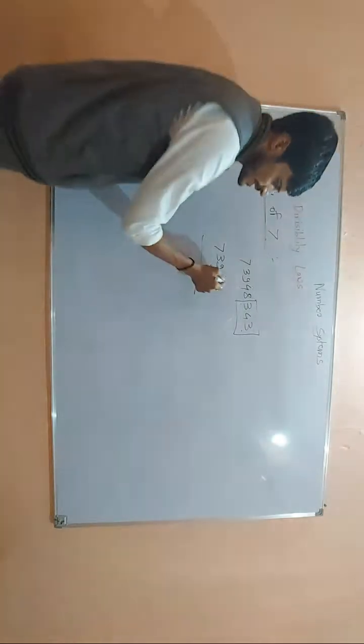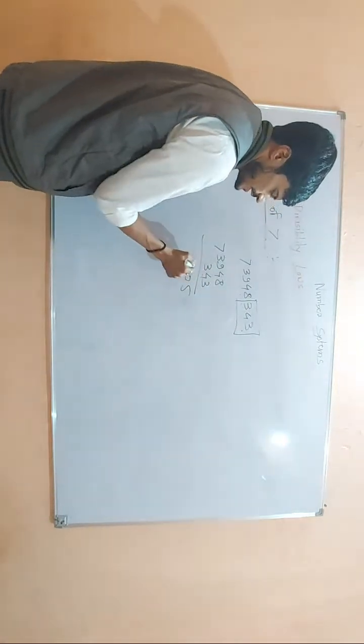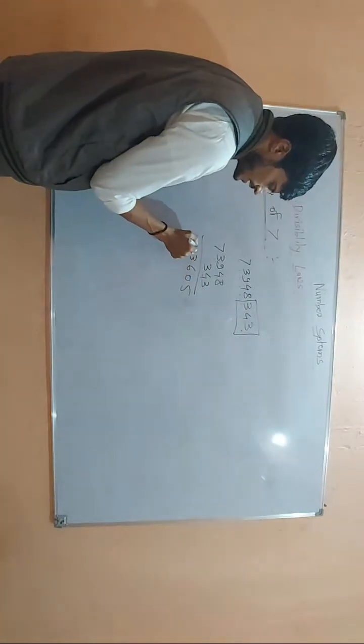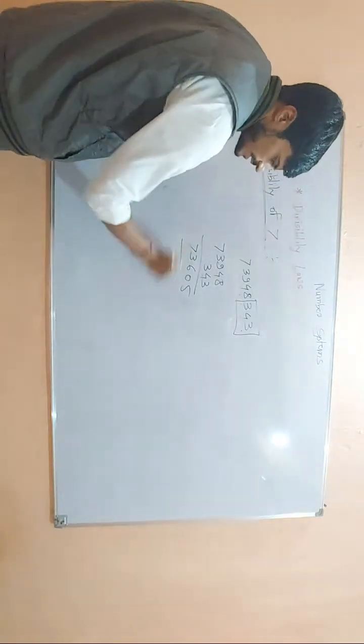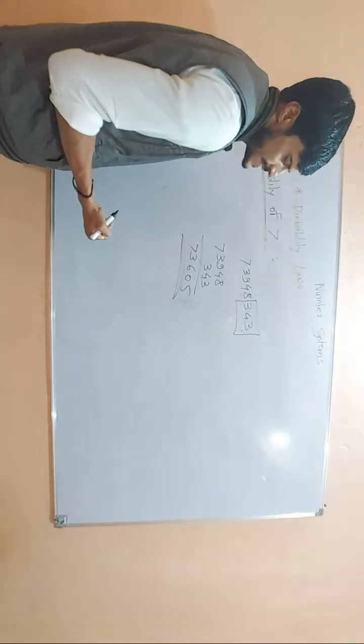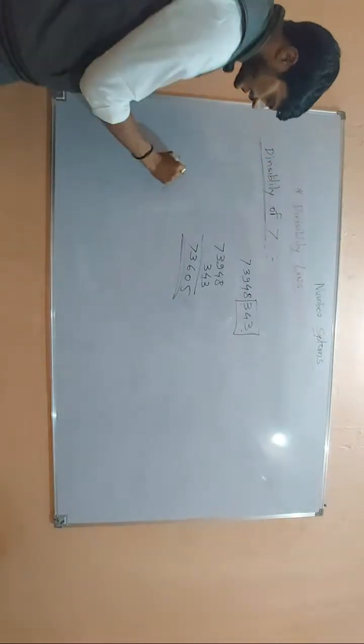So what will be the result here? 5, 0, here will be 6, here will be 3, here will be 7. Fine. Again, what you have to do? You have to check whether this number is divisible by 7 or not. So if you go here,